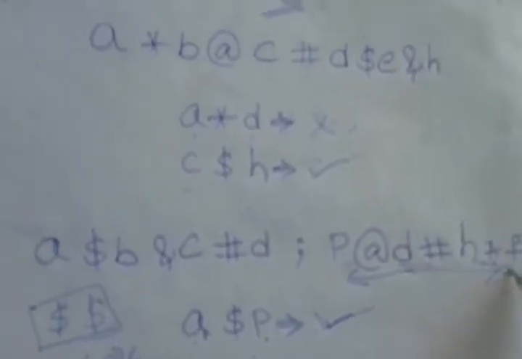D and F, @ ash they are asking. D and F. Okay, so here itself there is no need of making a relationship again. So D to F I am having forward direction. Ash, @ I have. See, ash and star, what is the output that I'll get? Star as my output, I mean that is greater than or equal to as my output. So star as my output that I'll have.